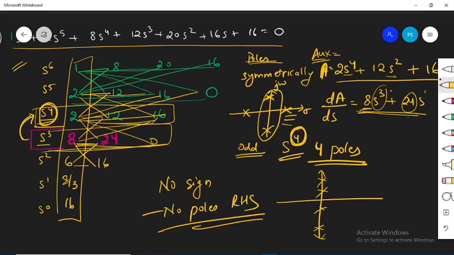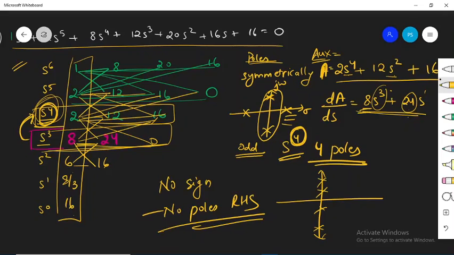वो जो poles हैं वो आपके y axis में लाए होंगे, that too symmetrically. 2 poles above this x axis, 2 poles below this x axis. That is what is meant when we see that the entire row is becoming 0. इसी का मतलब है कि यहाँ पे जो poles हैं वो symmetrically lie कर रहे हैं. अब अगर symmetrically lie कर रहे हैं, then we can also find out कि वो किस frequency से oscillate कर रहे हैं, मतलब frequency of oscillation क्या होगी, या s की value क्या होगी for those poles, that also we can find out.